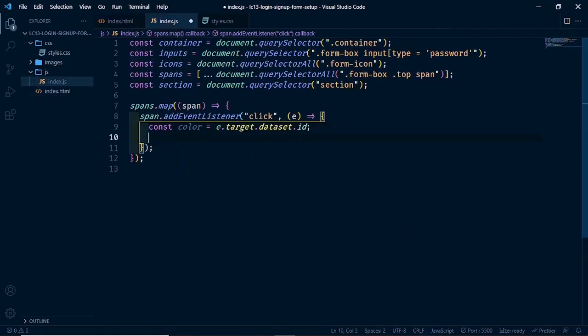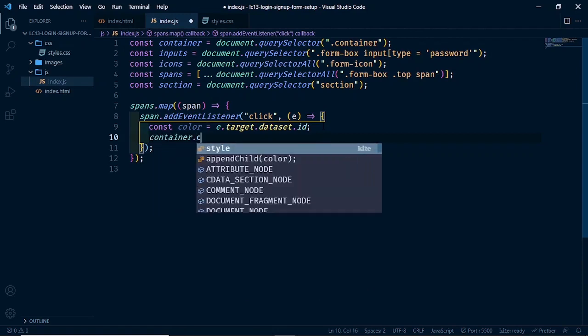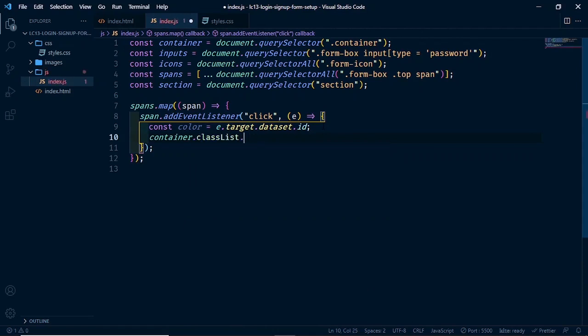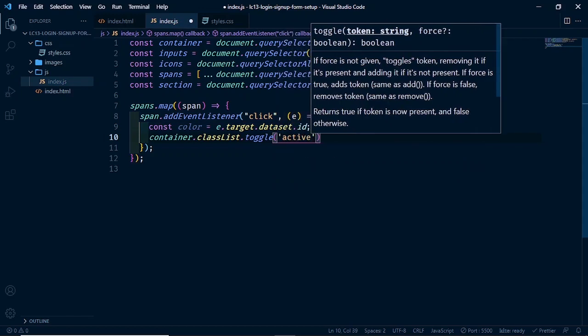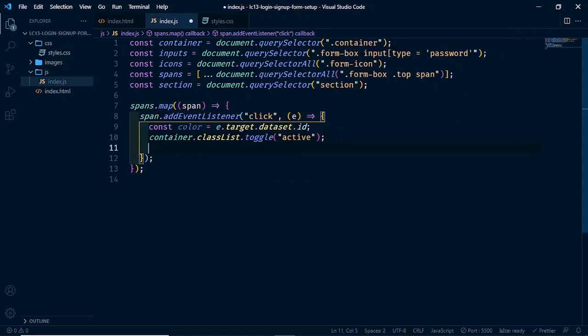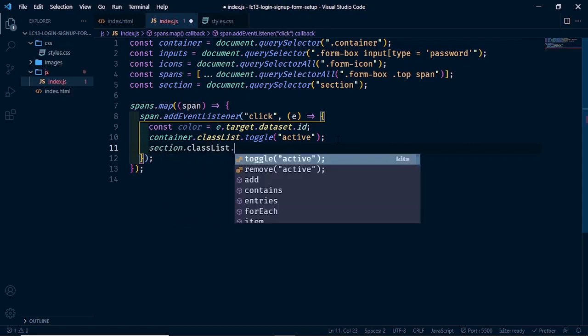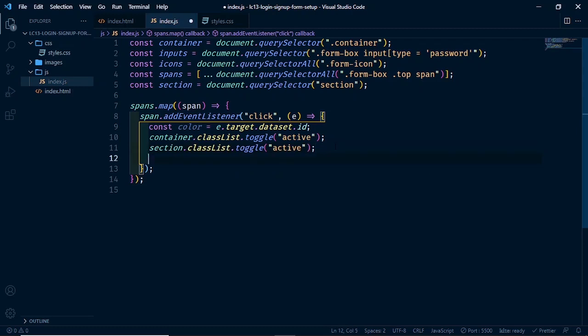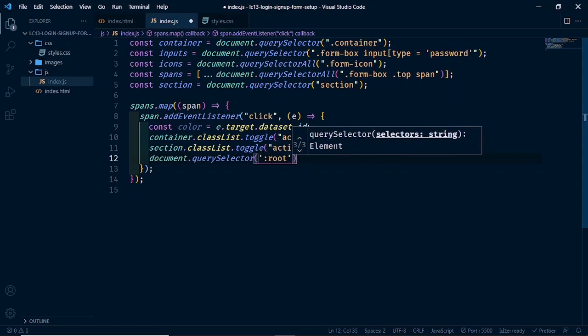So let's go back, and now let's get our container. So container, then when we click, we want to toggle the class of active. Also, we want the section to have a class, and we want to toggle active for the section also. Then for our document, let's get our root and change the color. So we get our root, and let's say